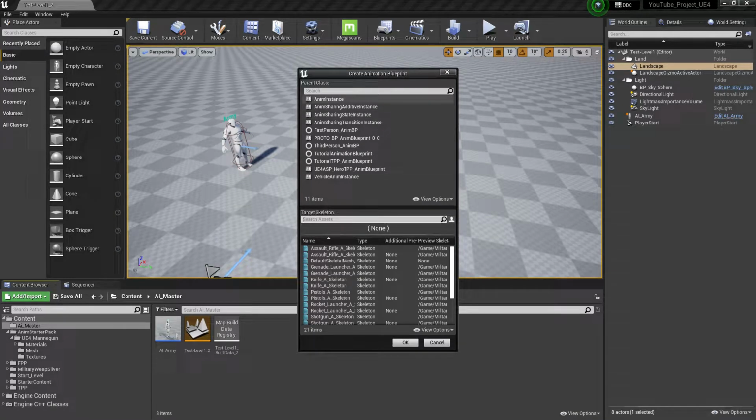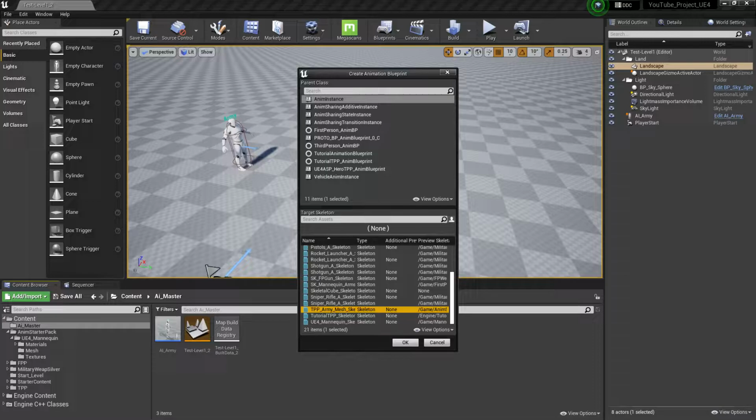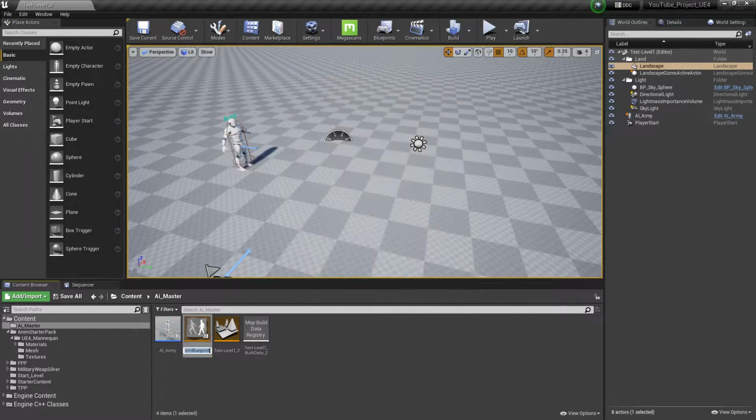And here we need to select that animation instance, and from this skeleton we need to select his mesh skeleton. That is basically our TTP army mesh skeleton, and double open. And now you can give his animation name. So let's give it that AI master